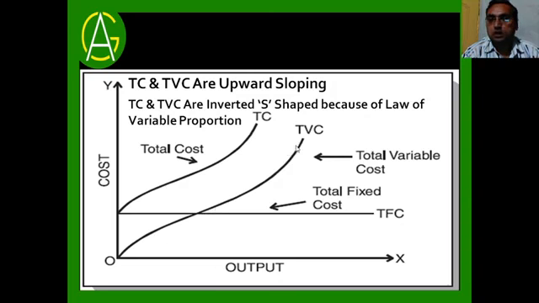This is not S but inverted S. You can see that if this goes round this way and this goes round this way, it becomes an inverted S. So the total cost curve and total variable cost curve are inverted S shaped. Why does this happen? This happens because of the law of